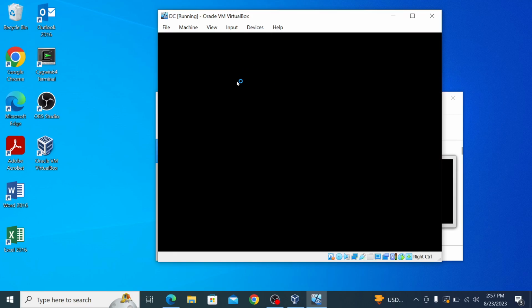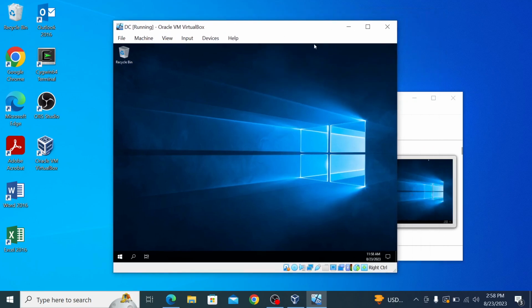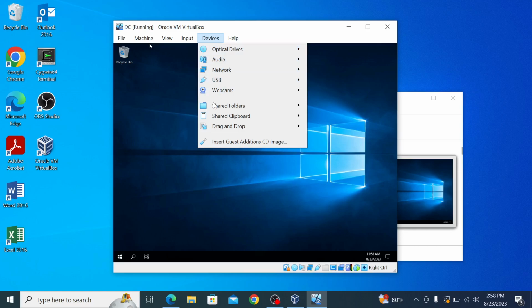So yeah, while this is loading up, before we start setting things up in our domain controller, we're gonna adjust some things real quick so that this virtual machine can just run better. And by that I mean, I believe you gotta go to devices and go to insert guest edition,